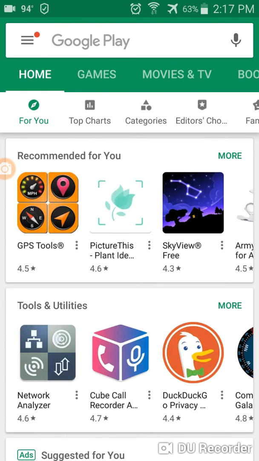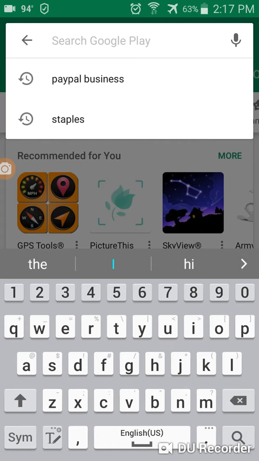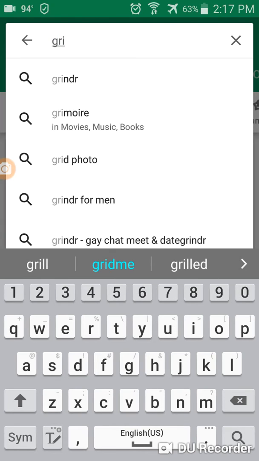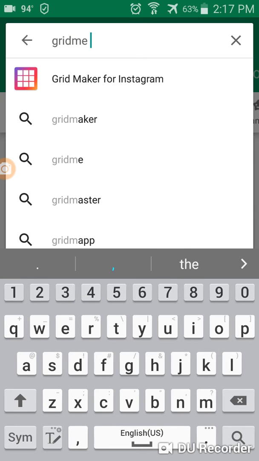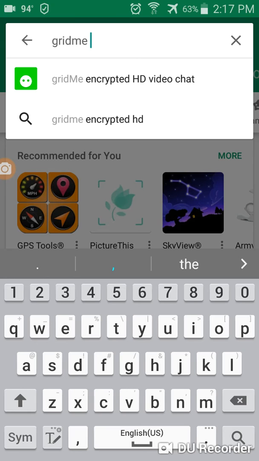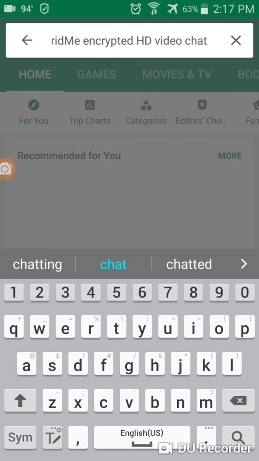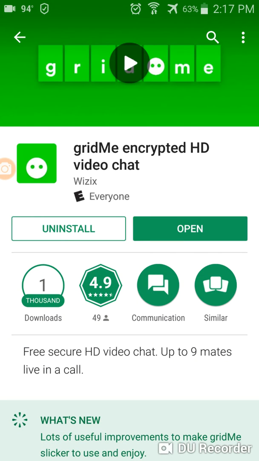And then up here in the search field, you would just type in Gridme. And you would just click this, and this would say, install, and you would just hit install and then go through the process of setting it up. And then we should be able to